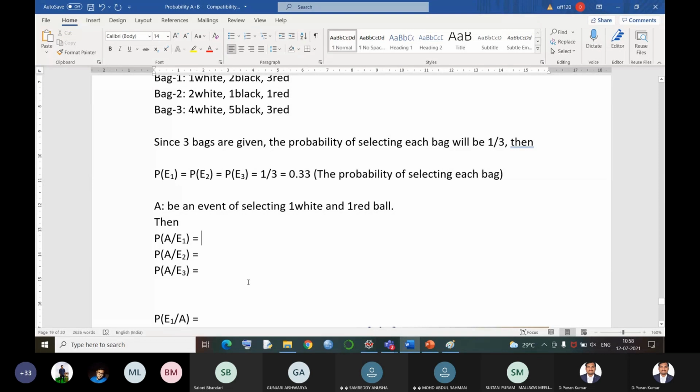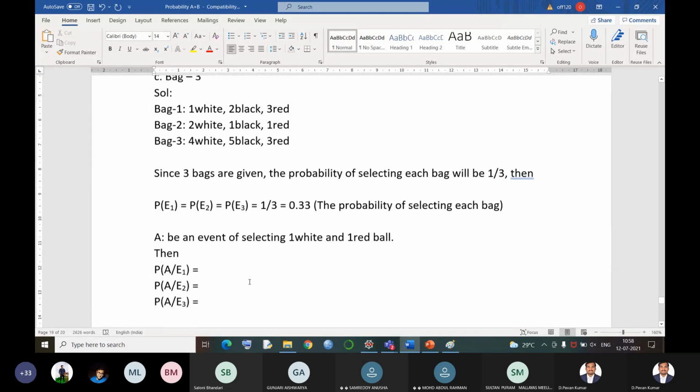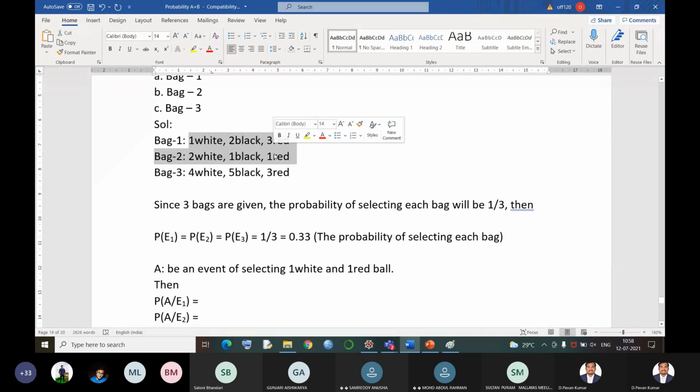Now, how do we find out the total number of exhaustive events of each bag? Since there are different numbers of balls in the bags, the exhaustive cases of each bag will differ. And here again, the balls are being repeated. That means black balls are repeating, white balls are repeating, as well as red balls. If there is repetition, we use the concept which is called combinations. If the numbers are not repeating, we don't have a concept of combination, but here we have it. So now, first of all, let us bring out those answers from this given concept.